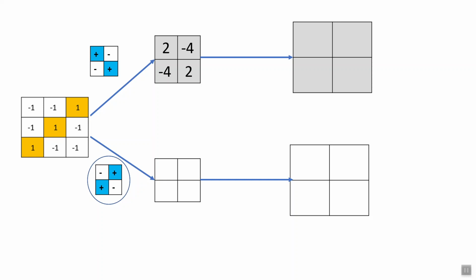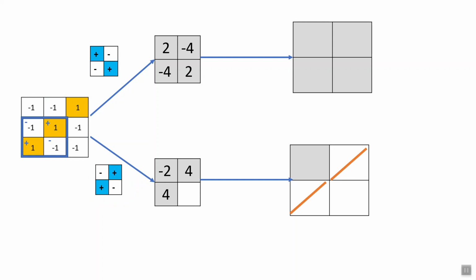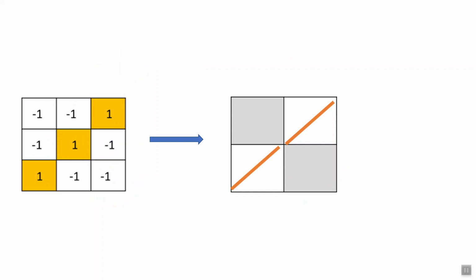Now we use the second filter. We get -2, which is nothing. The second one is a 4, it gives the diagonal. The third one is a 4, then the fourth one is a -2, again nothing here in 4 and -2. Overlaying these values, we can get these values as a forward slash.